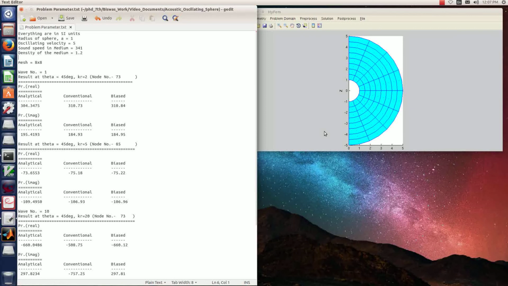One important thing for exterior domain problems is that you have to take the truncation surface of the exterior domain as a sphere.